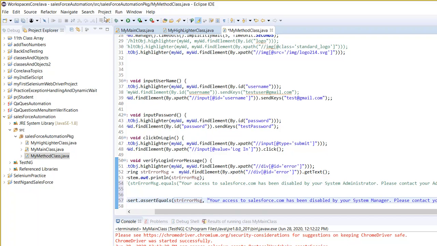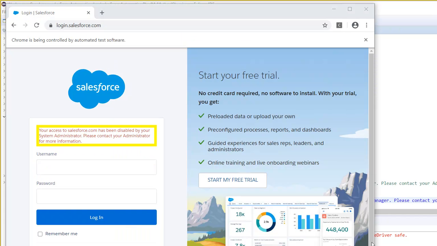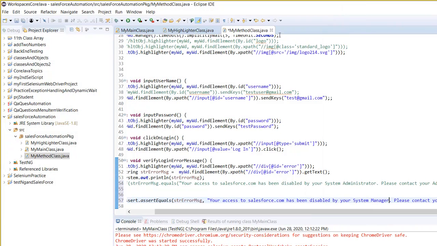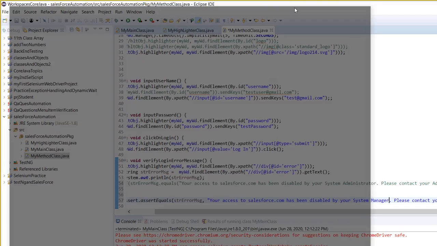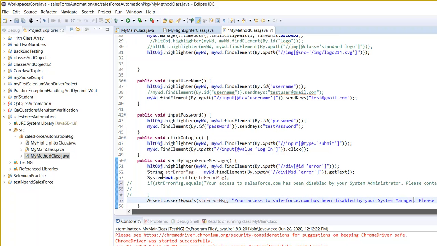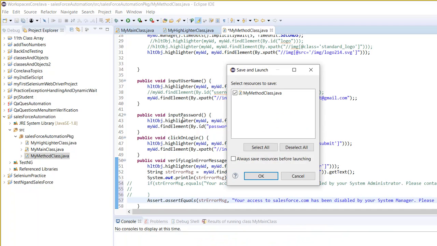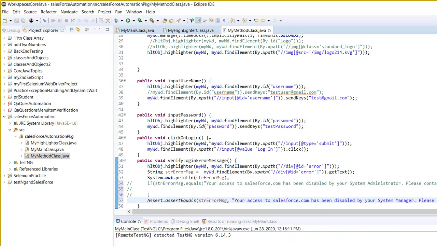Now if you run it, let me close this browser. With the testng framework you can use assert; it comes with the testng library. So now if you execute one more time,